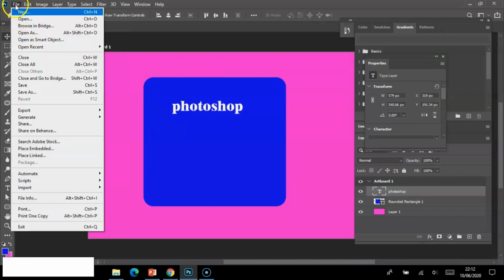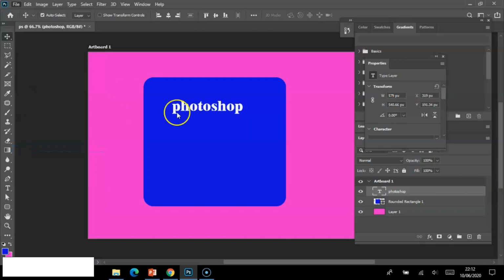Next, if you want to place any picture also, you can place it. Just go for this Place Embedded. Through this you can place any picture also.